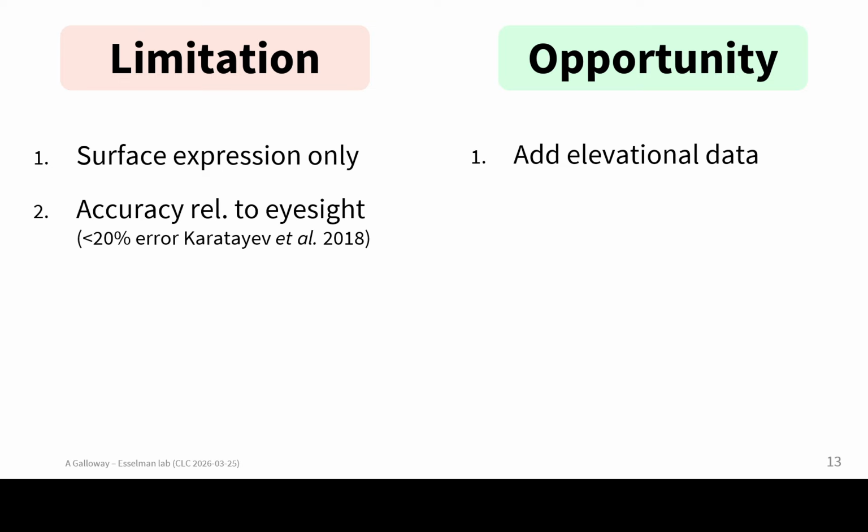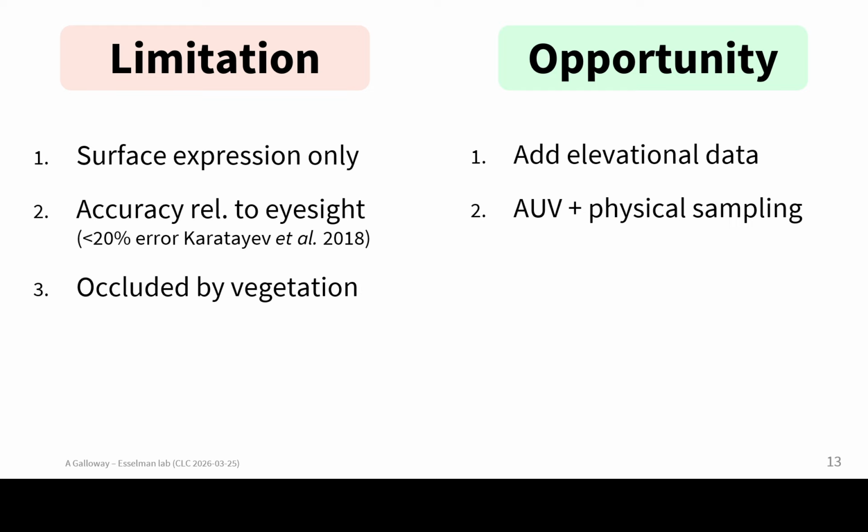Furthermore, our accuracy metrics are relative to human-based counting of mussels, what can be perceived visually. We don't have hands on the ground, so it's not considered a gold standard physical sample. However, this error has been benchmarked in the 3 to 20% range previously by Karatayev and others in Lake Erie. And we believe that by pairing the AUV with additional targeted or random physical sampling, we can better validate that we're predicting the correct absolute abundance and not just relative